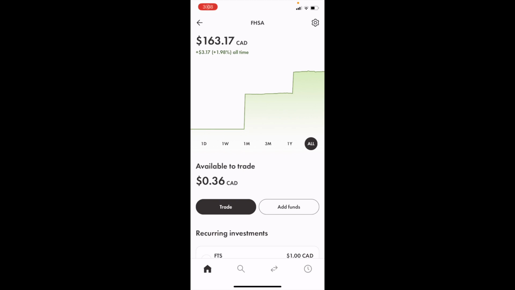So in this Wealthsimple tutorial video, I am going to be showing you guys how to turn on dividend reinvestments inside of your FHSA or your first home savings account here in Canada using the Wealthsimple application. So once you're into your Wealthsimple account, make sure to go into your FHSA or your first home savings